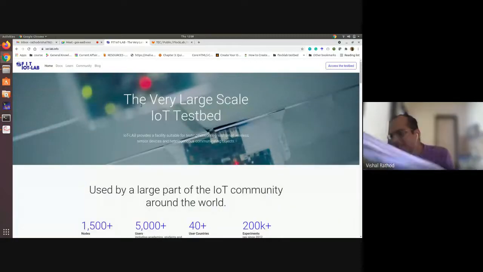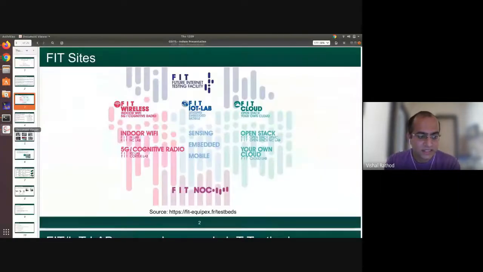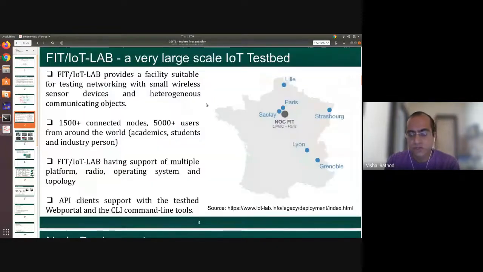This is a large testbed located in France. In France, this testbed is spread over 6 different locations: Lille, Strasbourg, Paris, Saclay, Lyon, and Grenoble. These are the 6 different locations where they deployed the nodes.